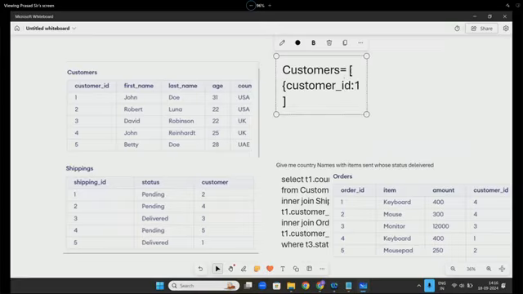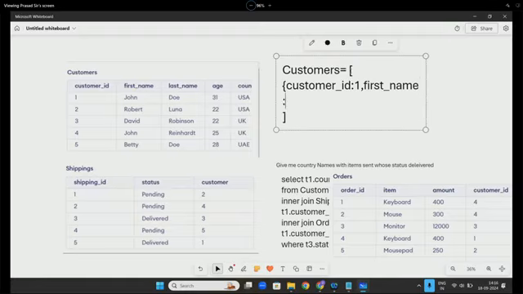What is the value of customer ID? 1. First name. Now actually it will store everything as a string. You can write it normally also, it will take it. Don't worry. First name, something ABC, JSON format. Last name, doe,